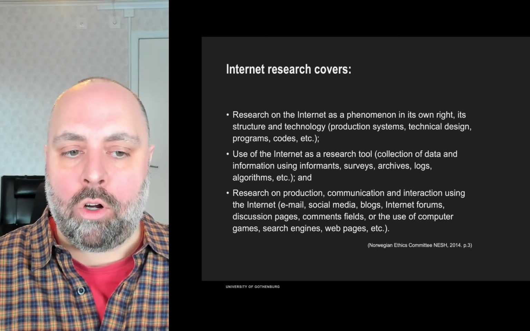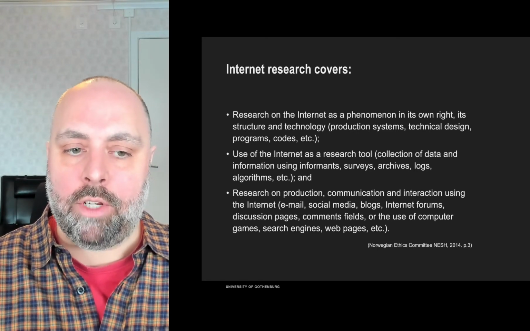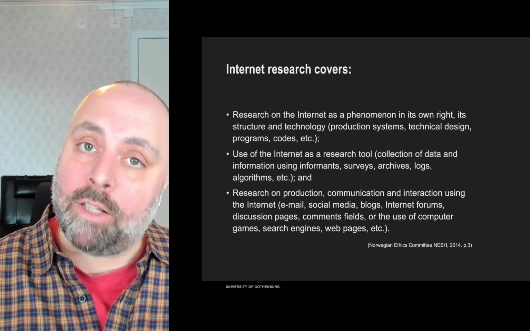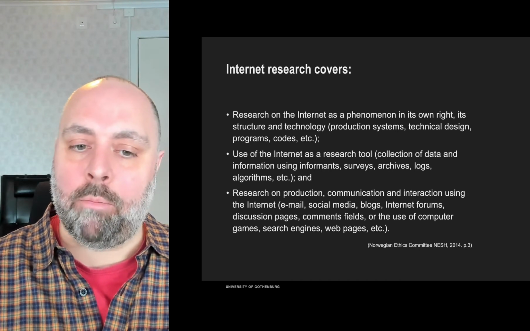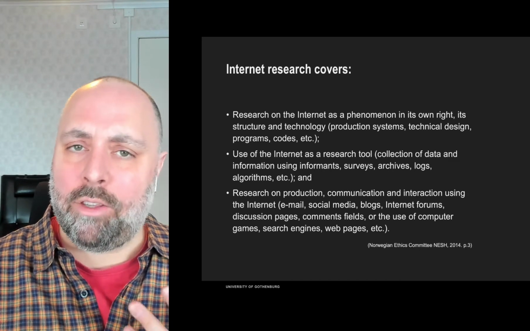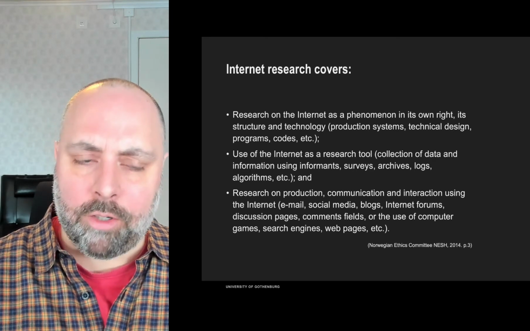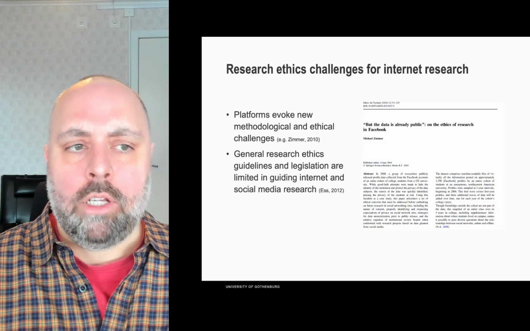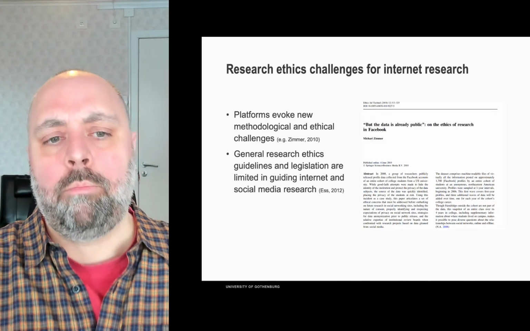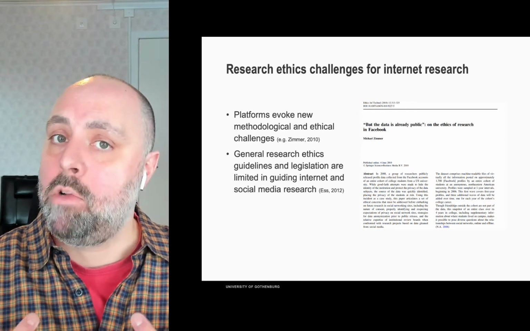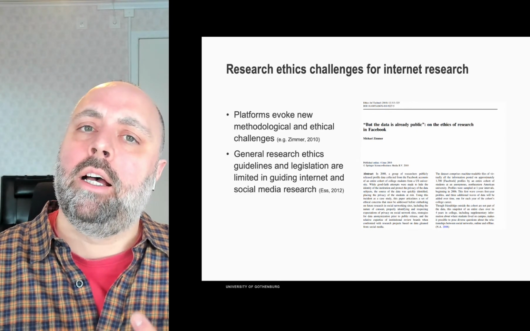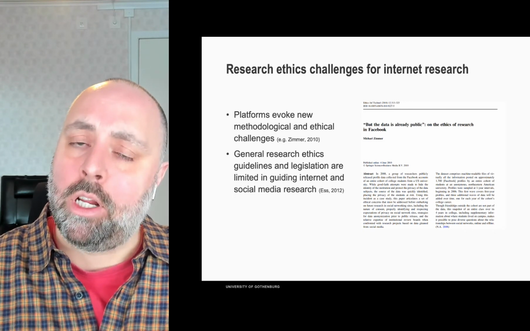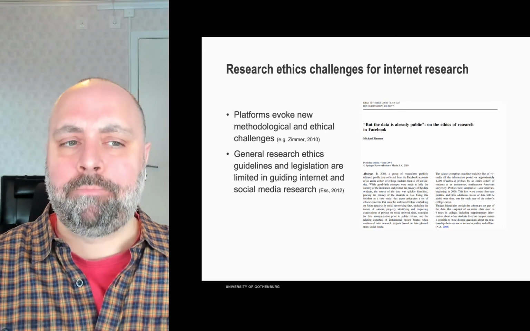And then there's also research on production, communication, and interaction using the internet. So that's what I'll talk about later as the traces that we leave through email, through social media, blogs, internet forums, etc. These are three different kinds of internet research. Particularly for the kind of internet research that I'm most interested in, which is studying the things that people do on the internet, the practices, the communication that takes place, the interactions on the internet,